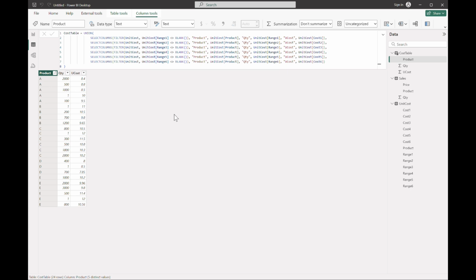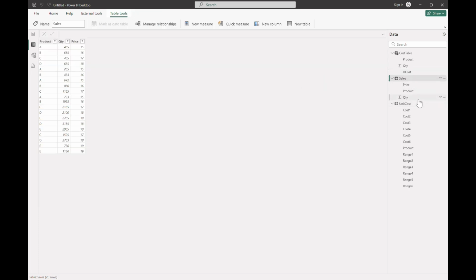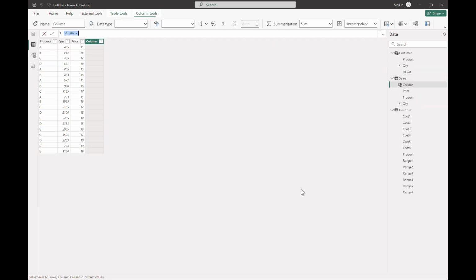If I sort by the product, you see only 5 products. Okay, this is the restructure of the unit cost table into a new data table that we can use to look up the unit cost easily. So the next step is to create a new column for unit cost in the sales data table. Unit cost,